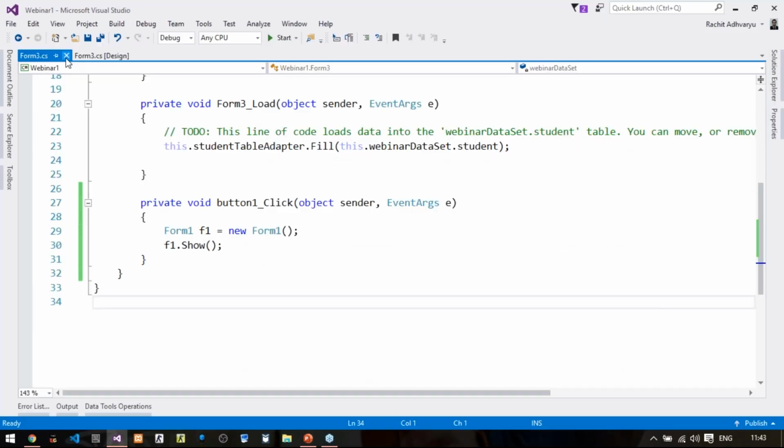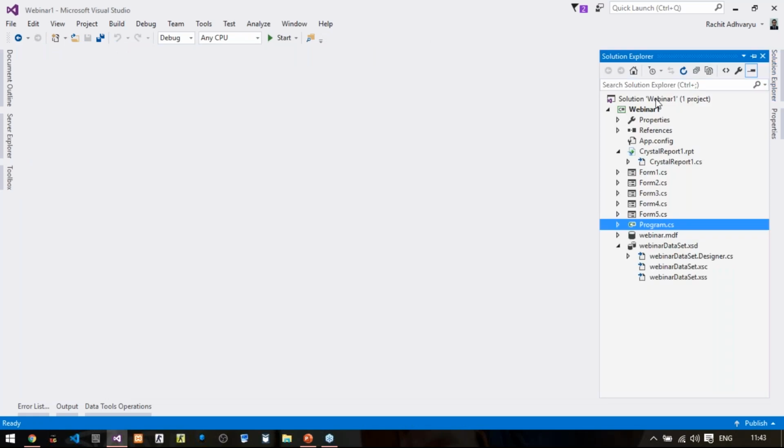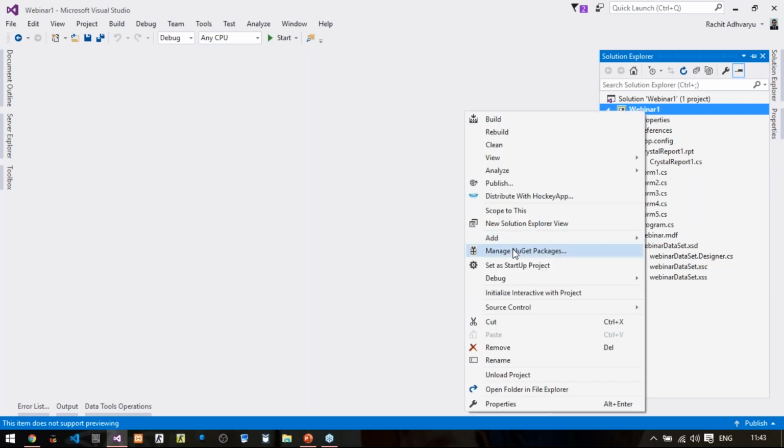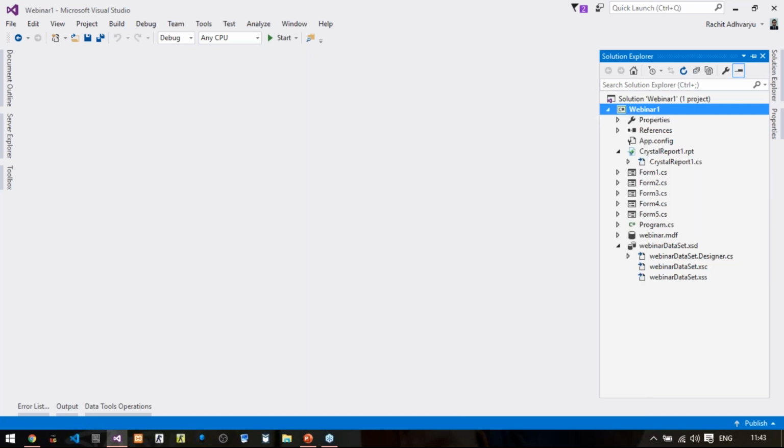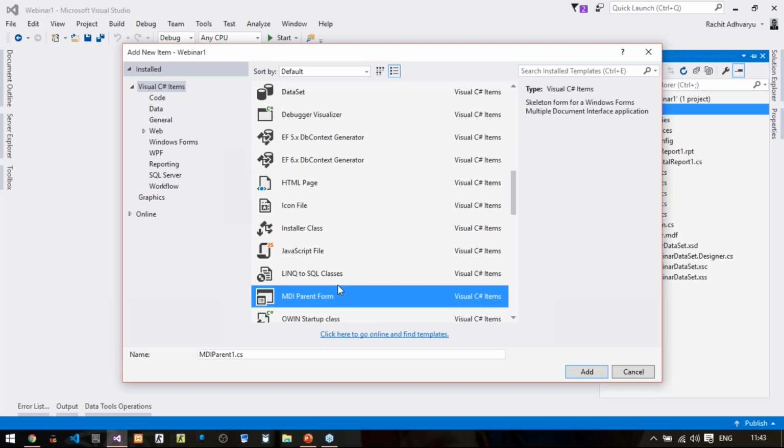I will go to Solution Explorer, right click, add new item, and select MDI parent form. Right? You can select MDI parent form. Let me change the name. Let us say not MDI parent but main form. Click add.